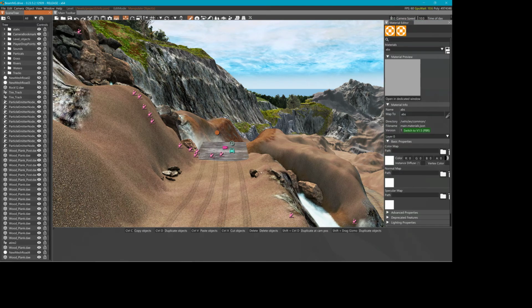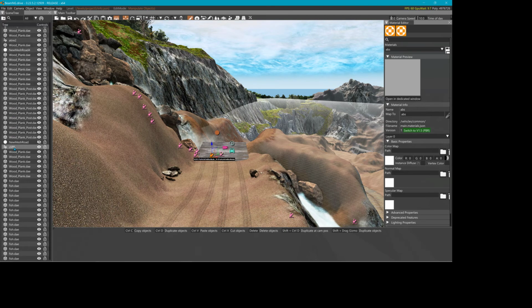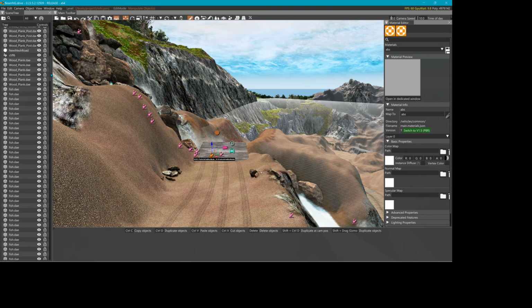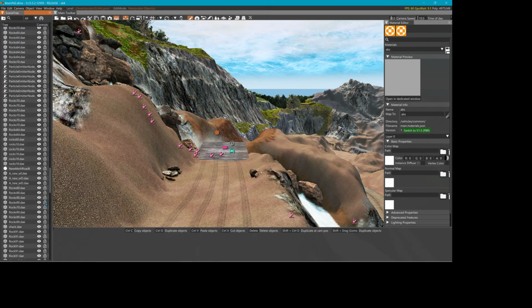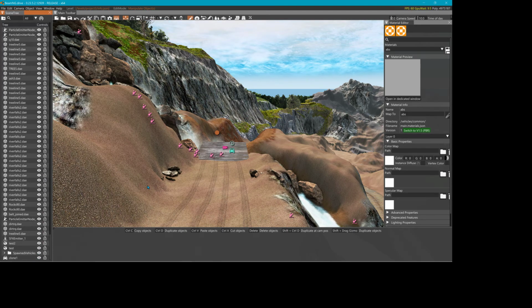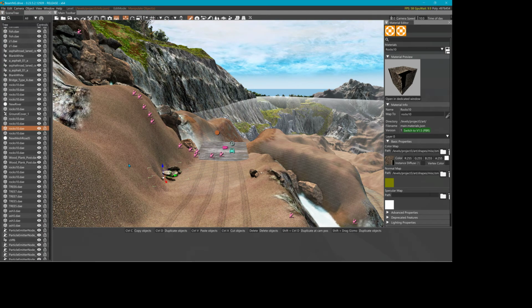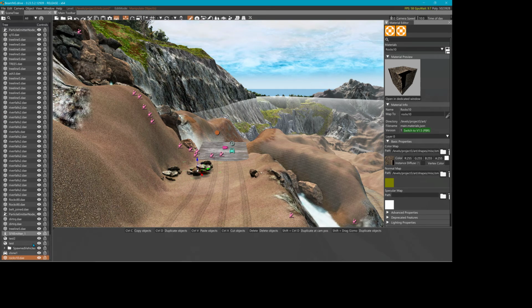Material editor is the next thing. But basically everything in your scene, everything you make, it all goes to the bottom of the list. So whatever you just placed, if you just made a new one, say I made a copy of these rocks, it's going to be at the bottom of the list in your scene tree. Now everything